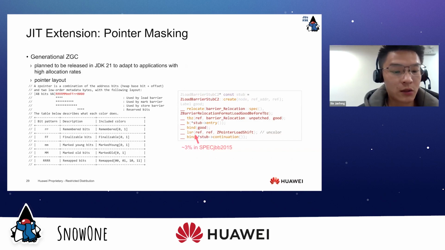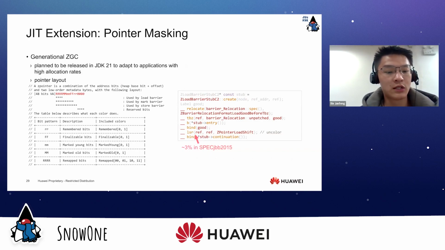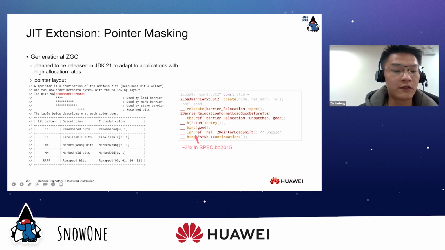Things are different when it comes to generational ZGC. The ZGC team is working on generational ZGC, and they plan to release it in JDK 21 to adapt to applications with high allocation rates. The pointer layout of generational ZGC has changed a lot.